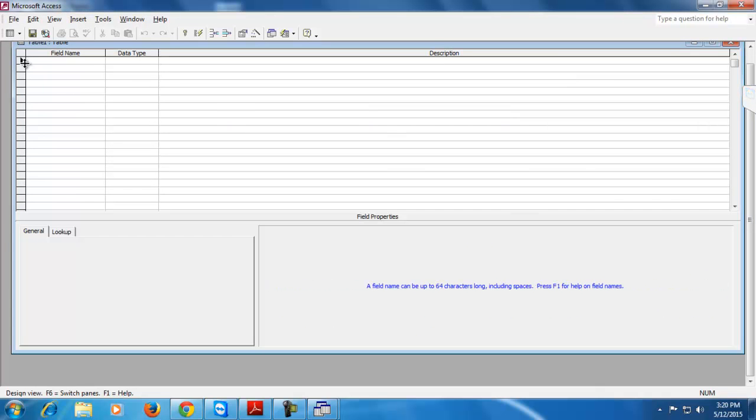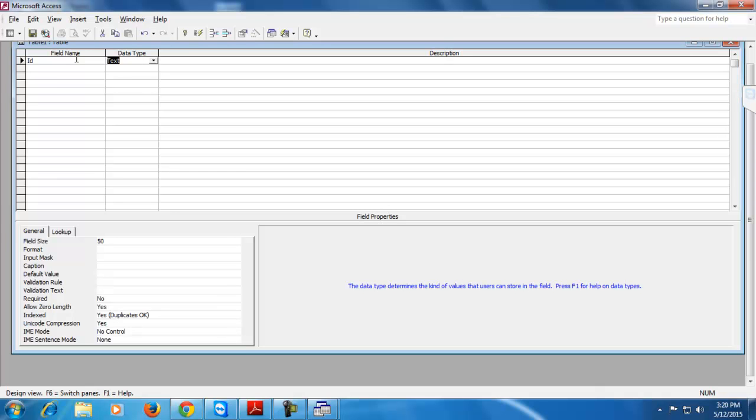Now, we have to specify the field name, that is the heading of the fields which you want to give in your table. If you want to create a table of an employee, then an employee table can contain fields, for example ID. Then select the data type.